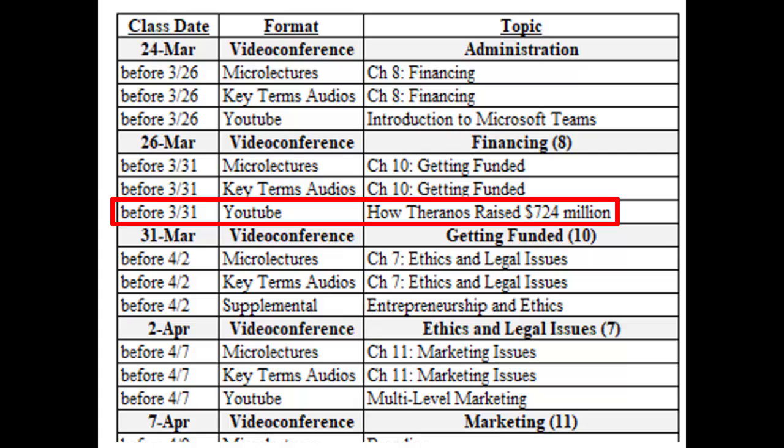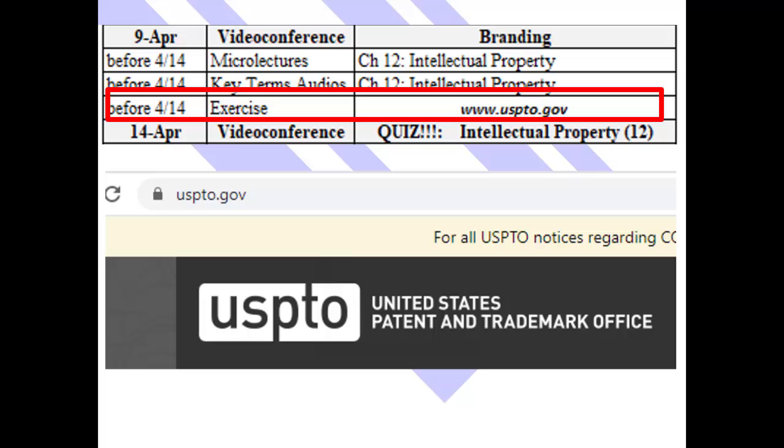We used Theranos, the startup company from Silicon Valley, the blood testing company that went spectacularly belly up. For this class, the entrepreneurship class, we talked about how they were able to raise $724 million on basically a promise and from some pretty smart people. So that worked out well. But do think of the ways that you might be able to utilize the fact that we're online.